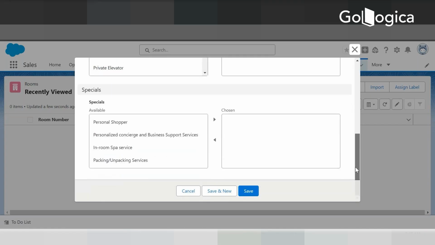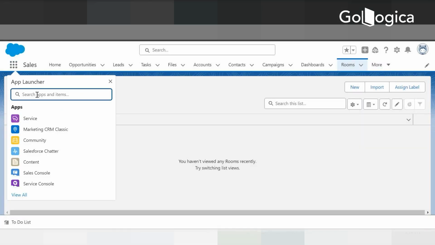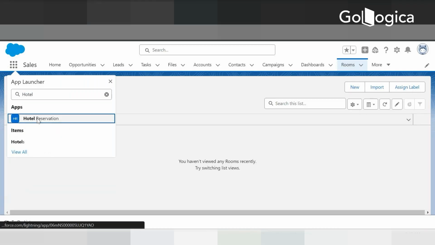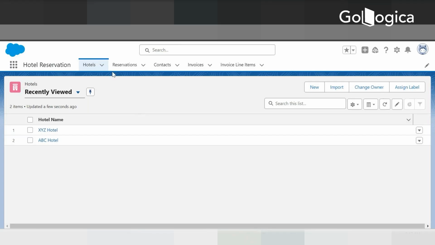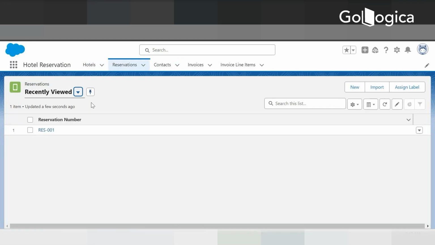So this is a difference. It is still only one object, but we can create different rooms. Right now I'm on my sales tab. I'll go back to my hotel reservations. So one room is an umbrella, like one umbrella. Under that, everything is falling, right? Yes. Okay. Over here, when I click on reservations,